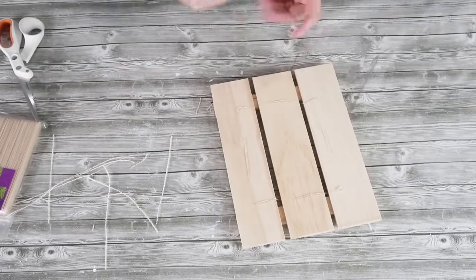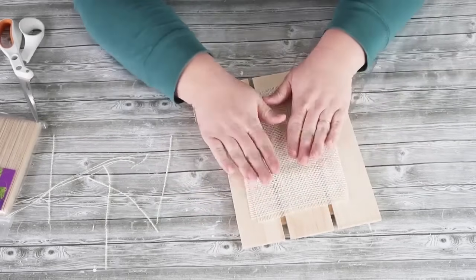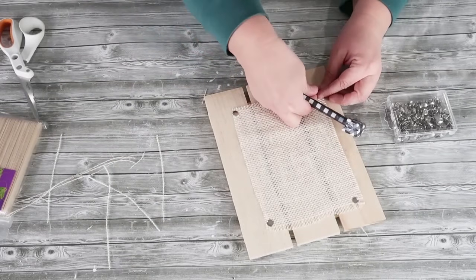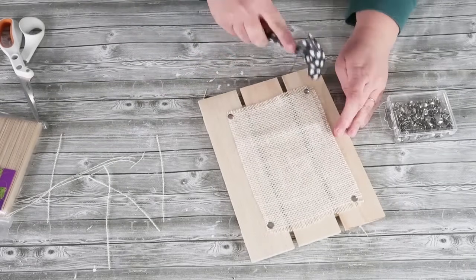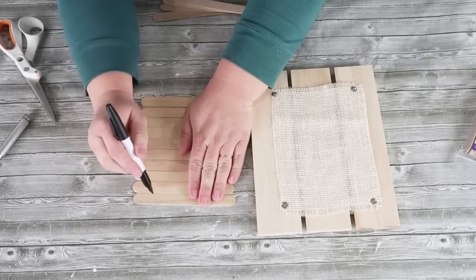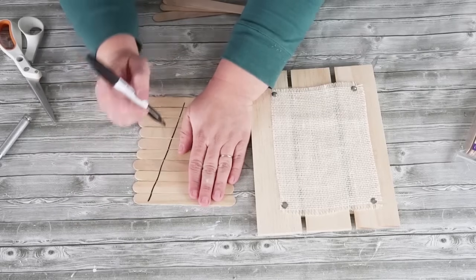piece of white burlap. I get a lot of people asking where I get my white burlap. I picked mine up from Joann's. I always go to the back of their store. It's usually back by all the upholstery fabric and stuff, because a lot of people use this for upholstery. So I picked up some of that, glued it on, tacked in some push pins from the Dollar Tree, and